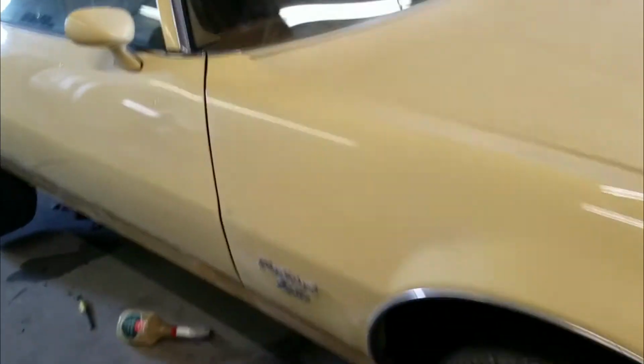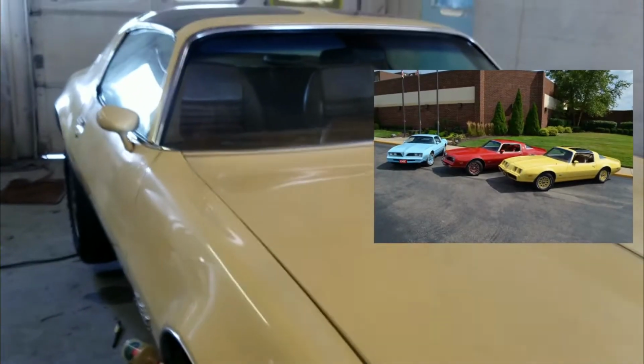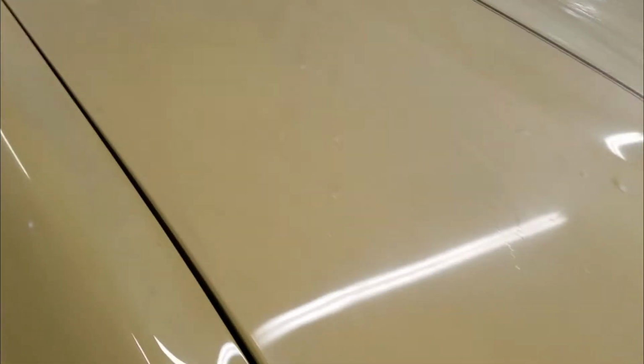Quick backstory on this: they made 3 different colors of this edition. Back in the day they had the red bird, the blue bird, and the yellow bird. I am fortunate enough to get to work on this thing. It's a pretty good looker for being a 70s car. I'm not too big in the 70s style, but what we have here is this stripe right here, which is really